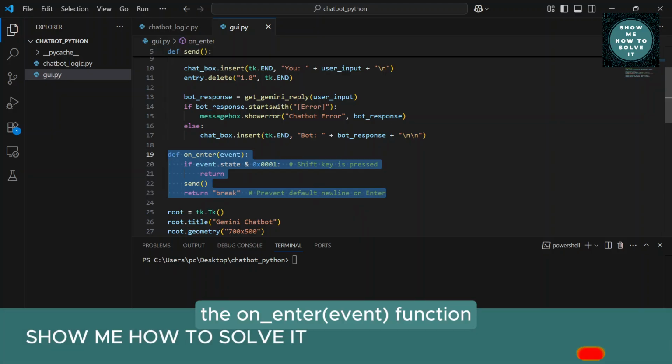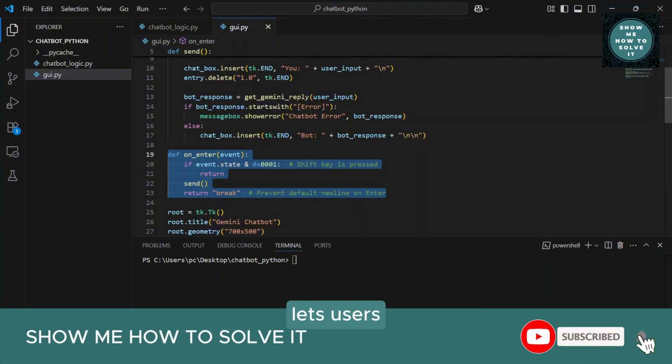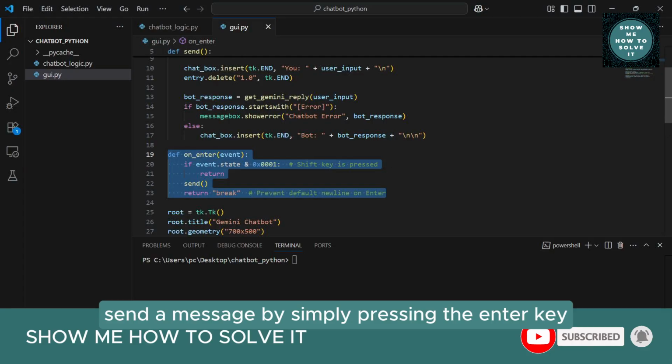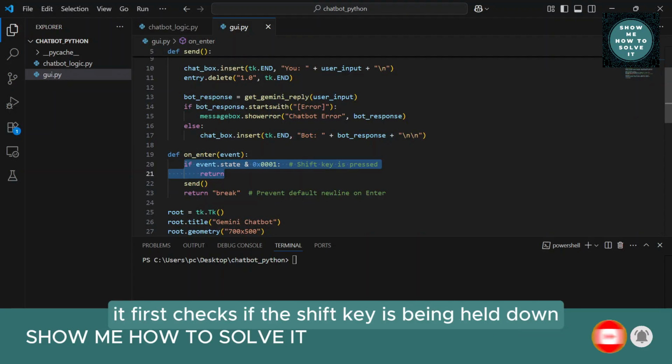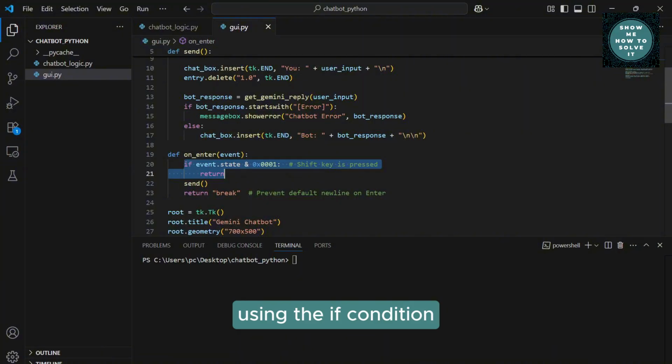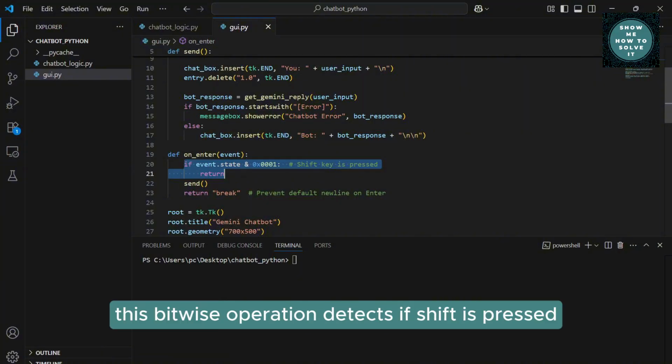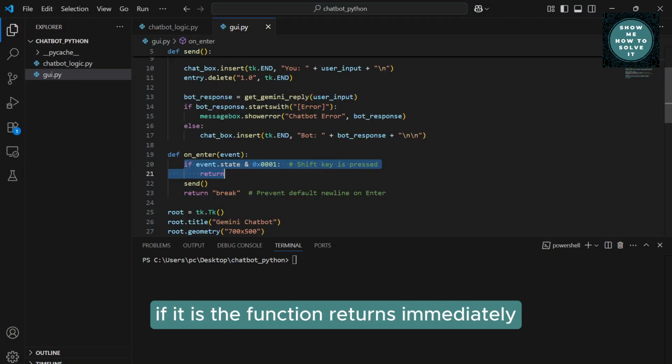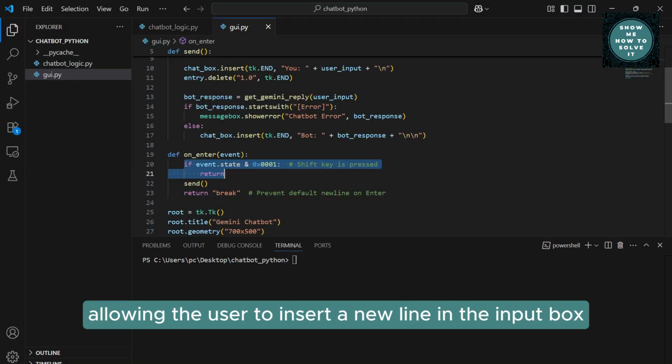The onEnter event function lets users send a message by simply pressing the Enter key. It first checks if the Shift key is being held down using the if condition. This bitwise operation detects if Shift is pressed. If it is, the function returns immediately, allowing the user to insert a new line in the input box instead